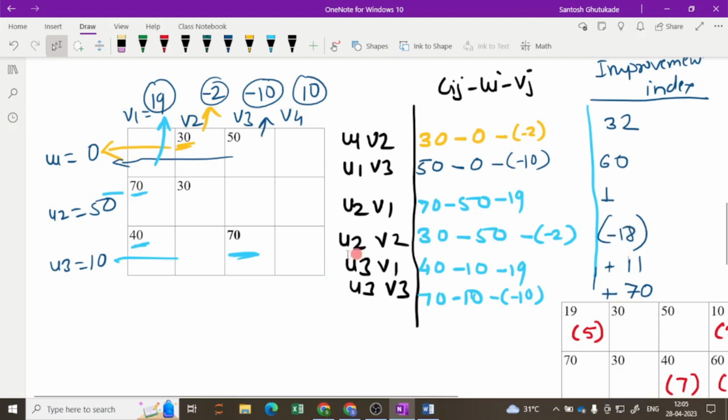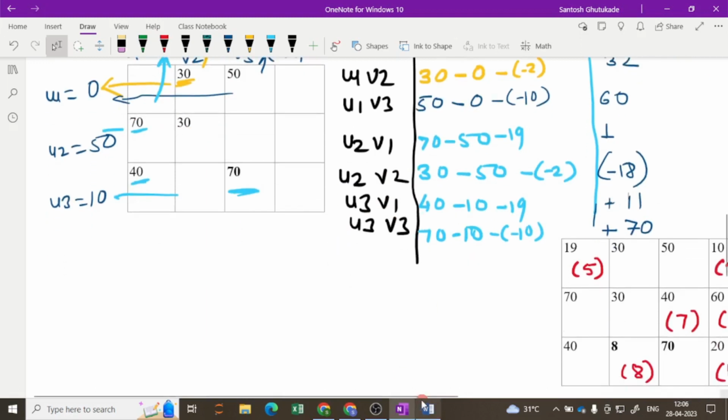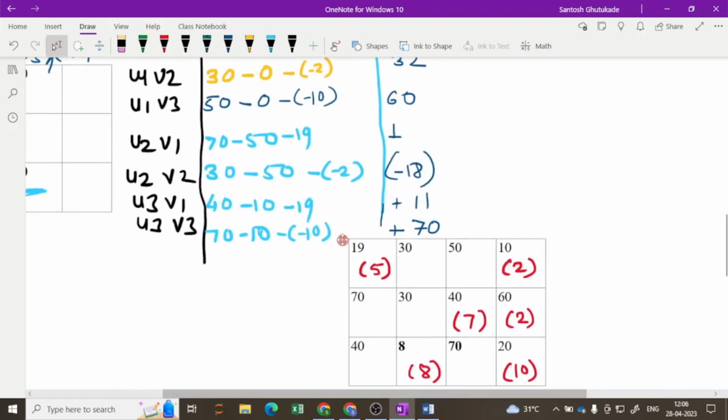But if there is any negative value, then there is a chance to reduce the cost. Now here at the u2 v2 location there is a negative value, so there is a chance to reduce the value. So we will solve for that. How to solve that? I will use this,